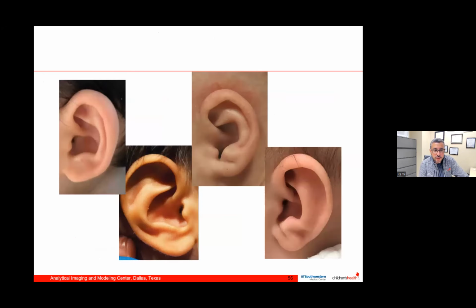But if you look at these ears and I ask you, do these ears look normal after molding? I'm very sure we will get different results. Some of you might say, yes, it looks normal. And some of you might say, well, I can improve it. It's not that great. Because we are all subjective, right? But we can write a machine learning program that can objectively tell us which ear is normal or not.